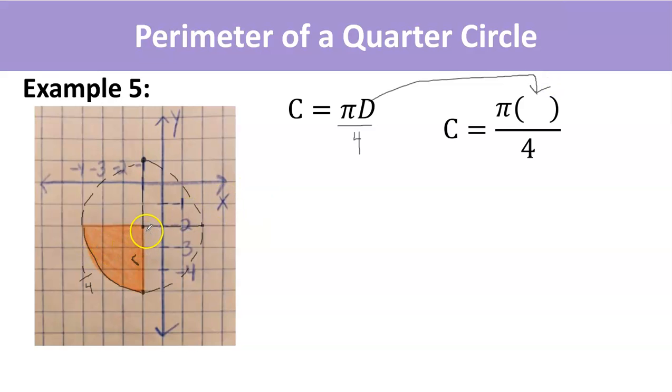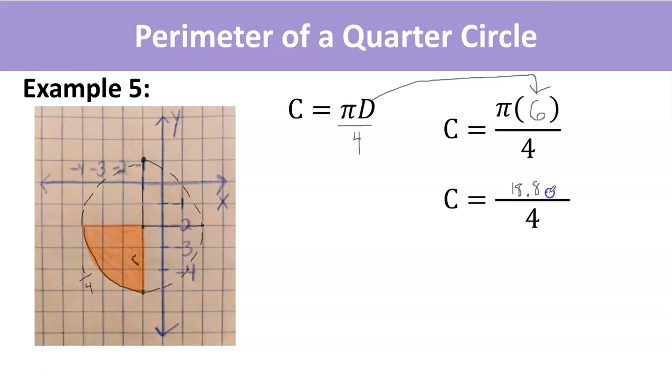Now I found my radius to be 1, 2, 3. So if I go all the way across, I would add another 1, 2, 3, making the total distance across the circle 6 units long. Next, I'm going to multiply pi times 6, and I get a very long number. I'm just going to write